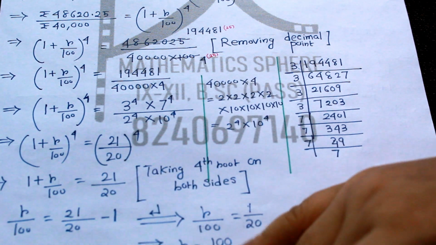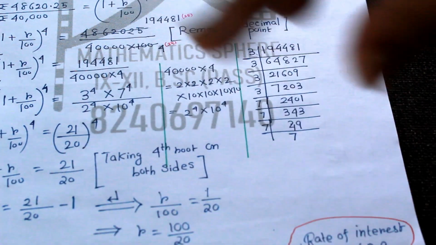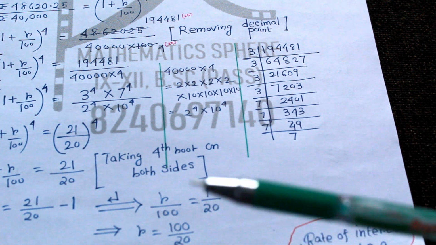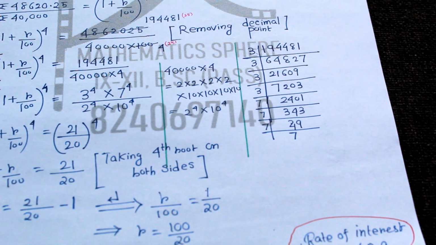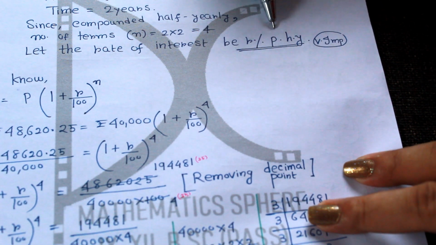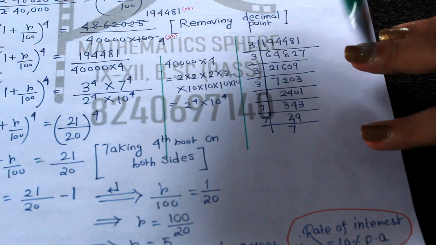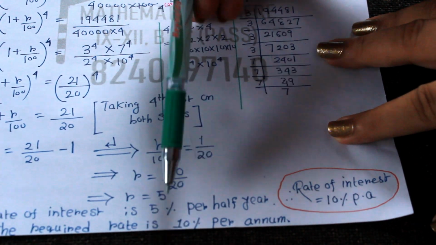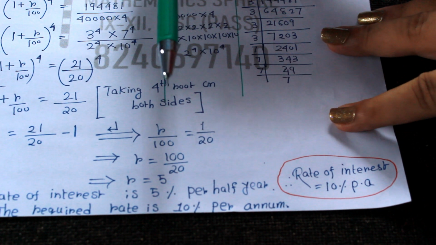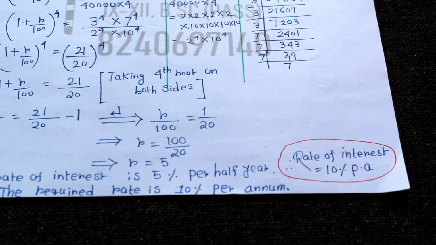Okay, done. Now again in the same way shift this one here. After shifting, you do the LCM, and after solving you will get r/100 equal to 1/20. 100 will be cross multiplied, you are going to get r equal to 5. Now notice the thing: we took r as the half year's interest. I have already said that I have taken r% per half year. So the r which you have got, 5, is the rate for half year. But in the question they have asked you the rate for the annual term, meaning for the whole year. So if the rate for half year is 5, for the full year it will be 5 into 2, 10.